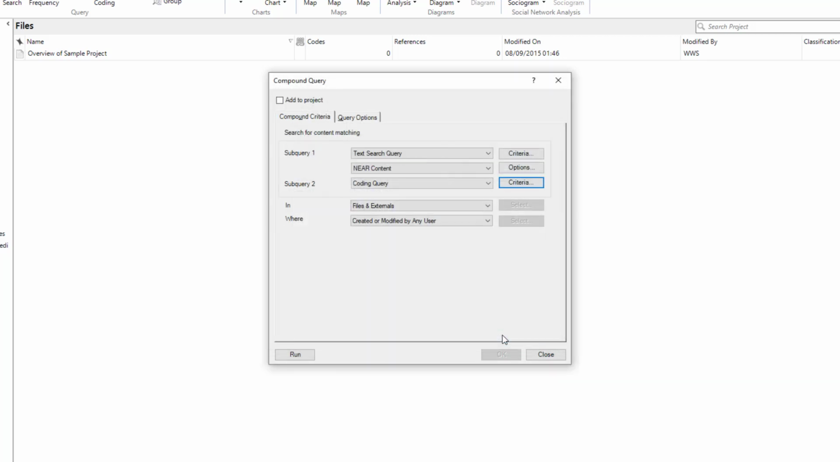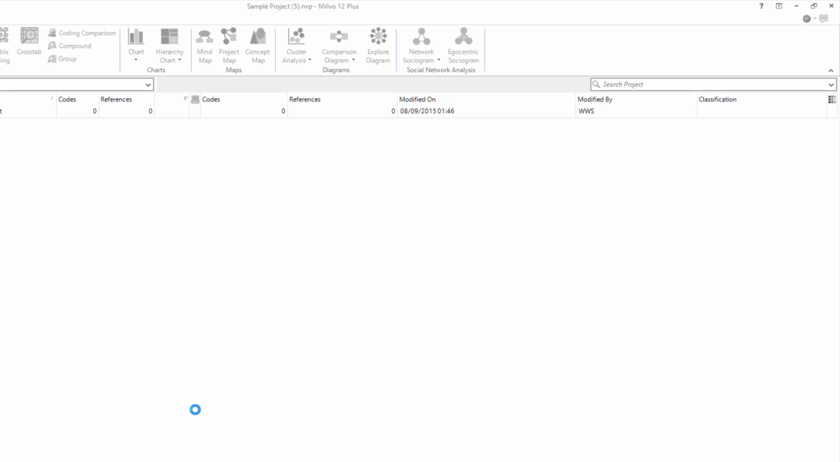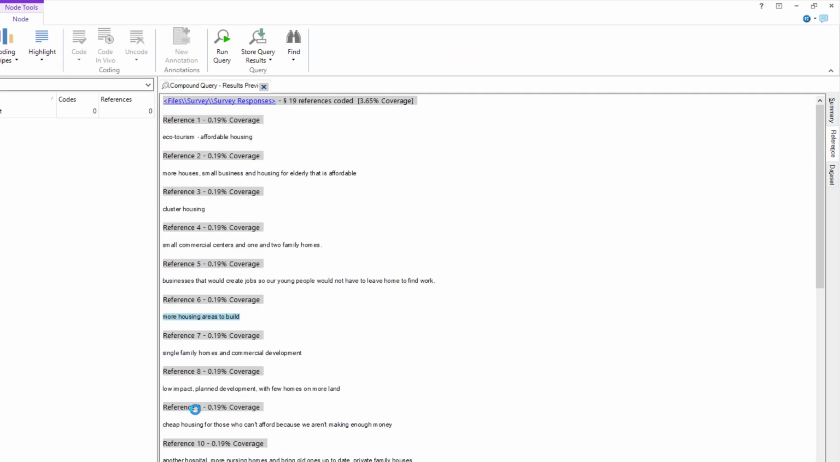If I click OK and then run this query, you'll see my results. So this has joined together a text search query and a coding query to produce the results of a text search query within a coding query. While this may seem far more complicated than this video does justice for, I would recommend you watch the videos for both the coding query and the text search query, as they will fully explain the range of options available